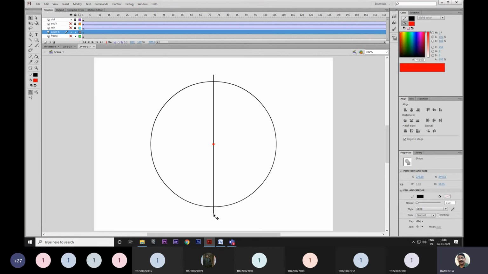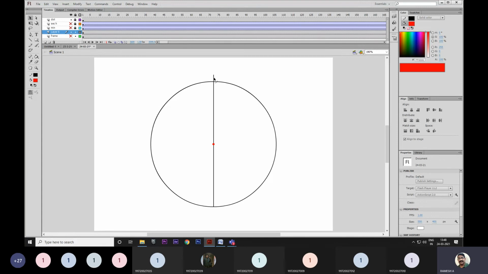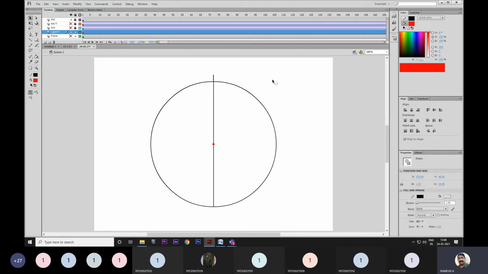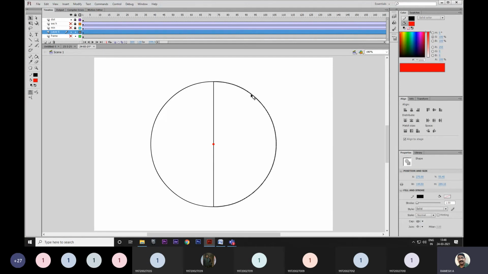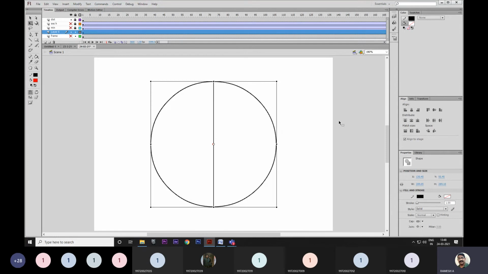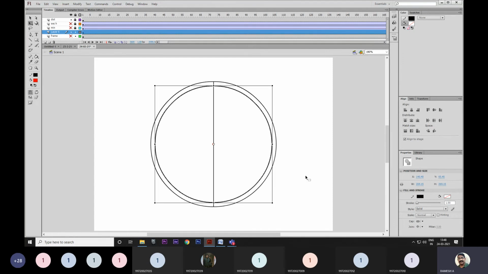I'll remove the extra lines. Control C and Control Shift V and take the free transform tool. Hold Shift and Alt.